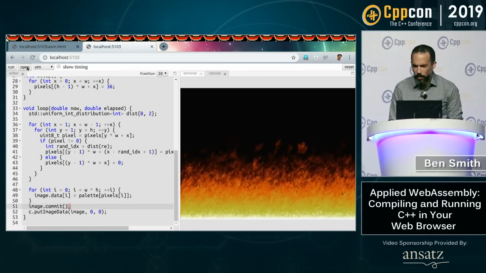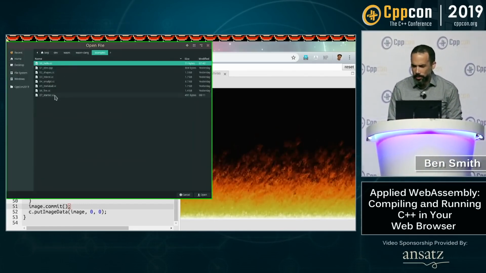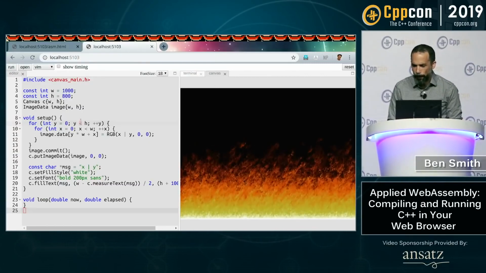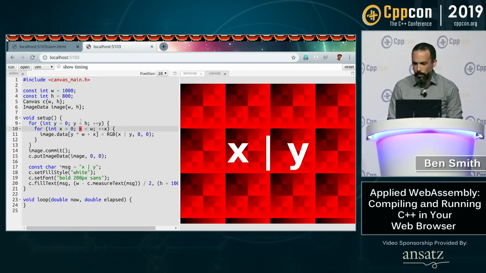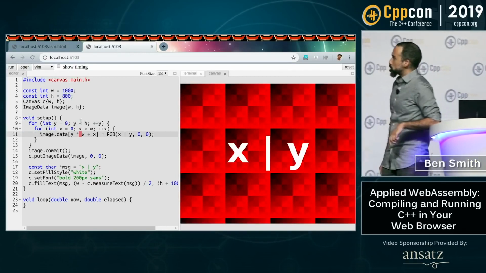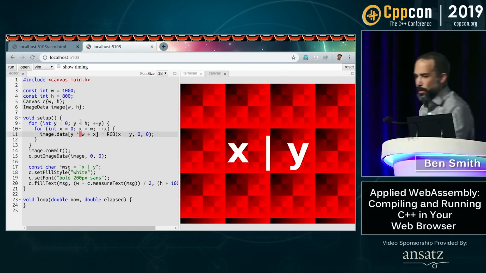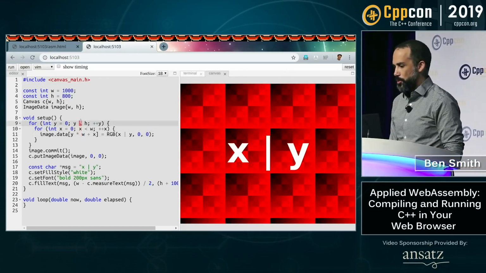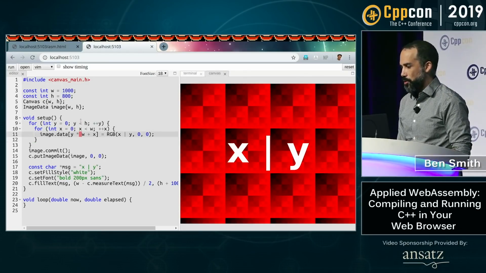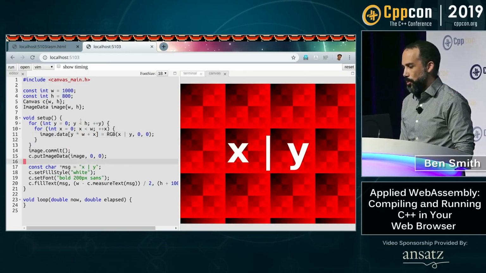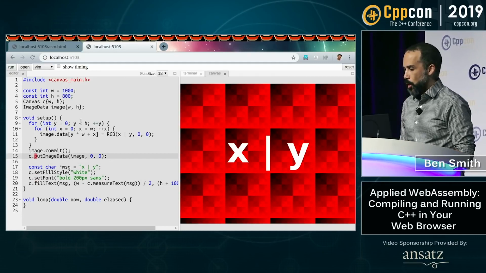Okay, last one that I wanted to try and do, I wanted to try and work with you all. So this is my little starter code. It's just doing something simple right now. It takes the image data, draws a little pattern, and puts it out. You can see the code here, or at least I hope you can see it. You can change the fill style, the font, and the text, and then it's centering the text. Okay, so if I get rid of this,